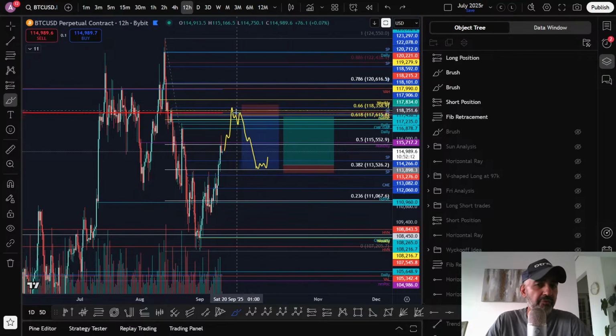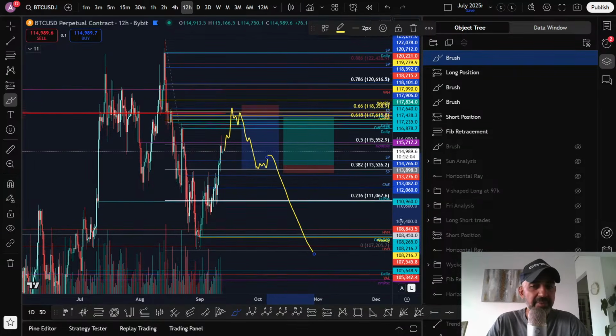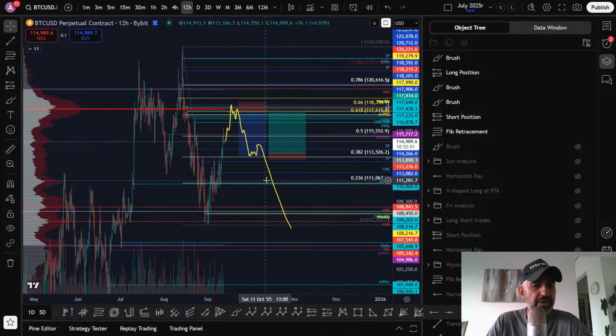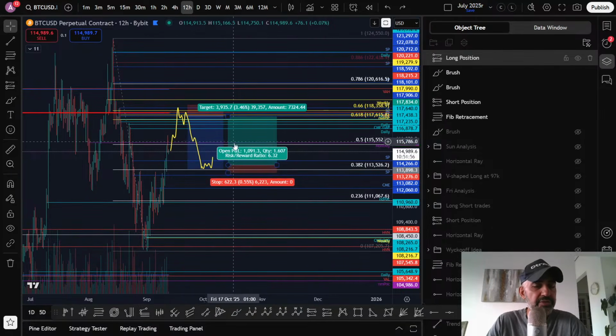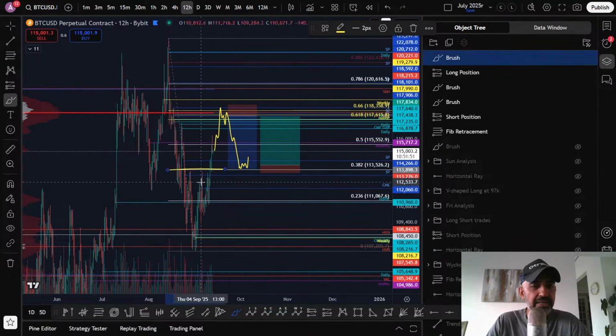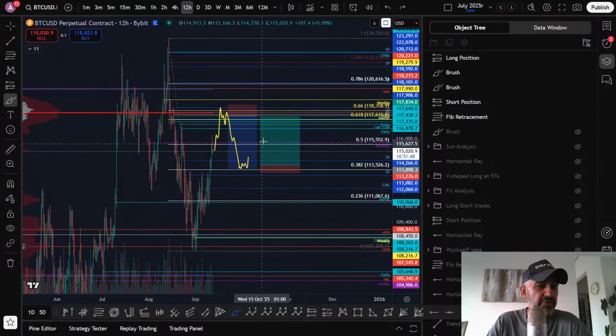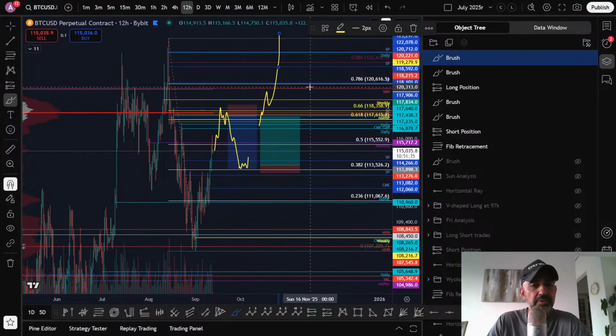Because a big rejection from there is a lower high. If you get a lower high, you're aiming basically for a lower low. That's how it works. That's the market structure. And so naturally that will be your first opportunity to long, just a back test of this breakout neckline. But if you do get that test, and if it does hold the support, then there's no reason to not go up and attack that level again. And if you do, you could break out, and then you could possibly go up to the top.